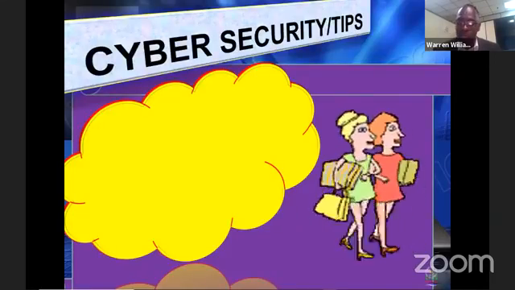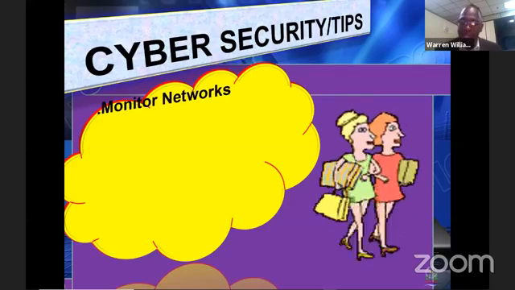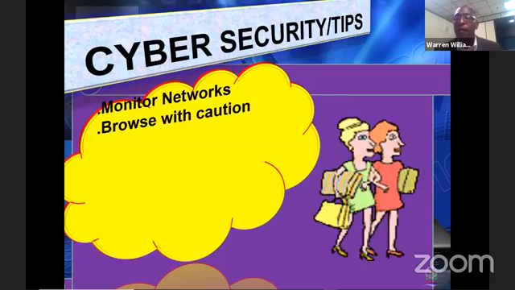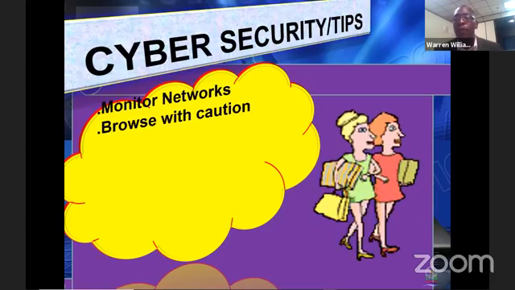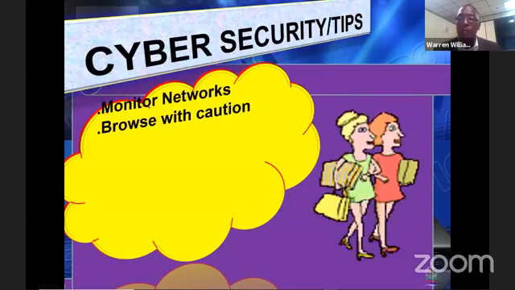So in closing, we have the duty to educate, because the less we educate, the more we'll have to investigate. We encourage you to monitor your networks, browse with caution, don't click on everything. Linton showed tools like Wiz. If you want to find an IP address, there are many free tools out there. There are proprietary tools out there. But you have to browse with caution, because people like us who have certain skill sets and training can go into certain areas that maybe some persons can't go. But we say be careful, because you never know, right? So don't click on everything.